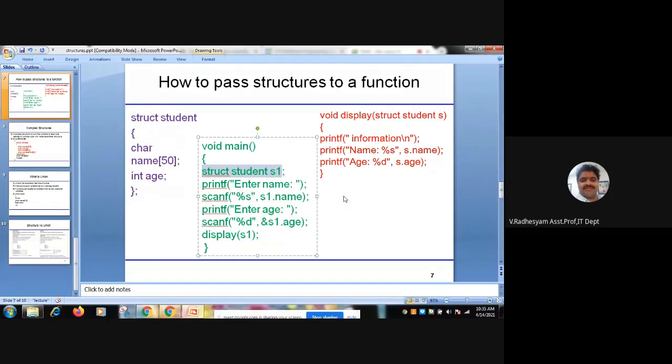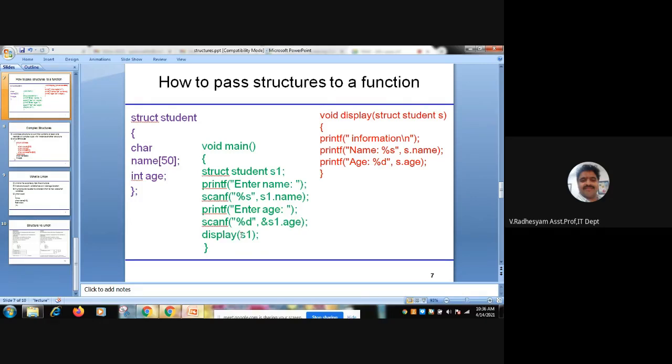This is one mechanism. You can create the variable at the time of the structure definition, or create it in main. Now enter student name s1 dot name, enter age s1 dot age. Only 2 items, name and age.